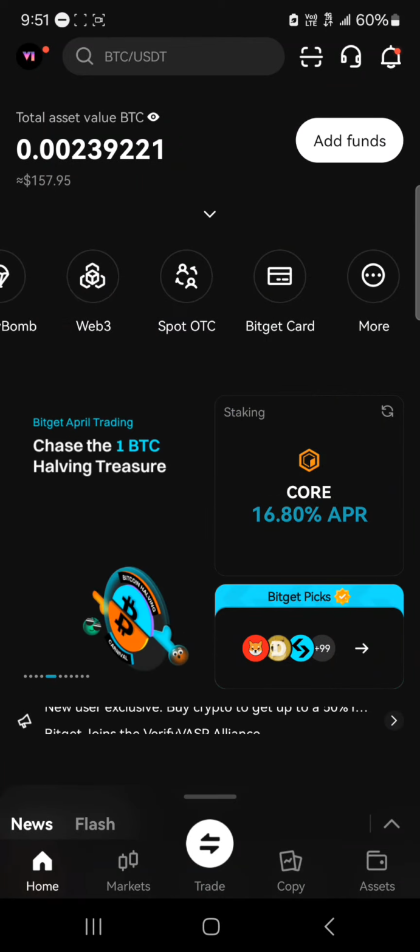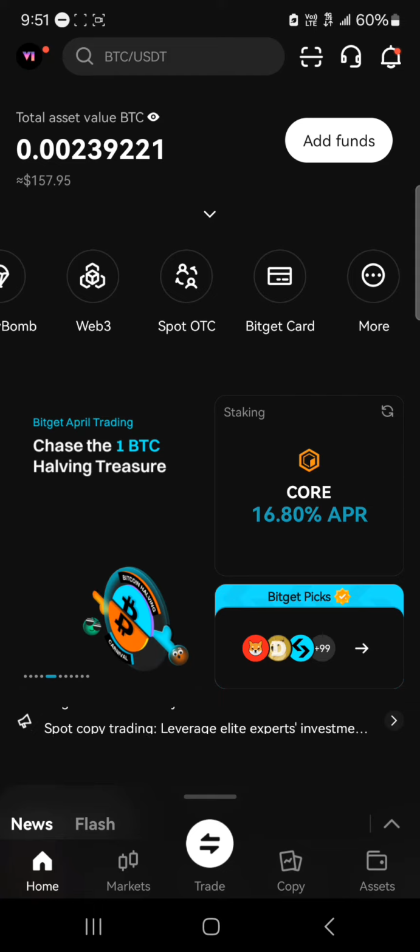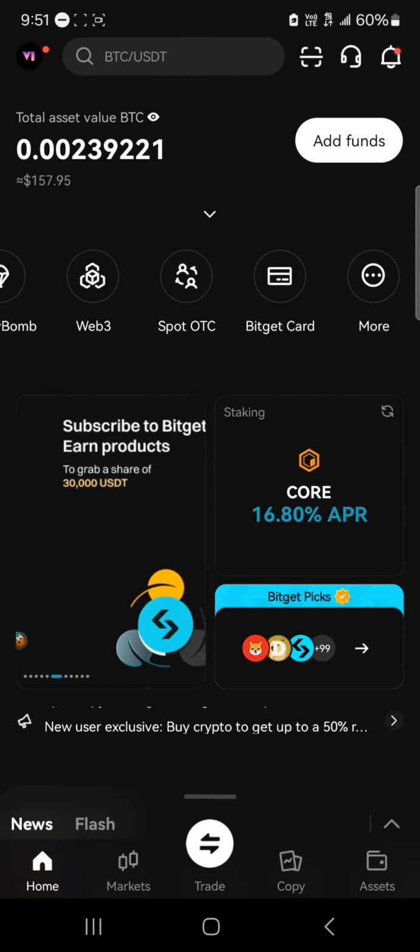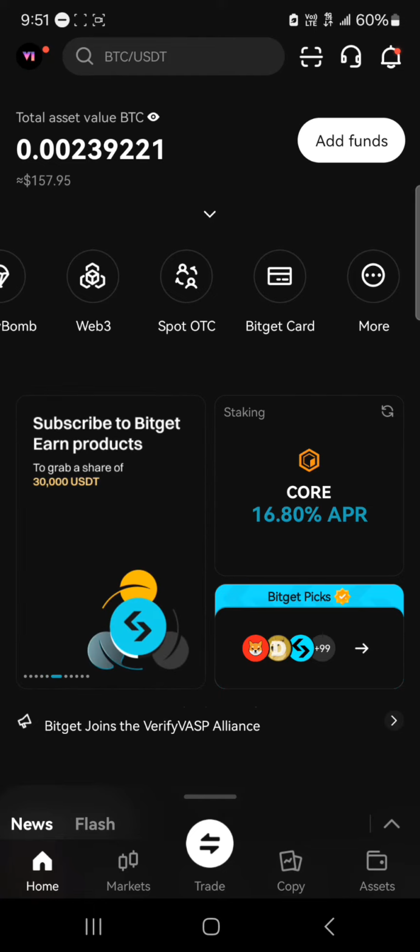In this short tutorial video, I'll be showing you how to transfer XRP from Bitget to Trust Wallet. Now, if you're looking to move your XRP tokens from Bitget to Trust Wallet, you must have a Bitget